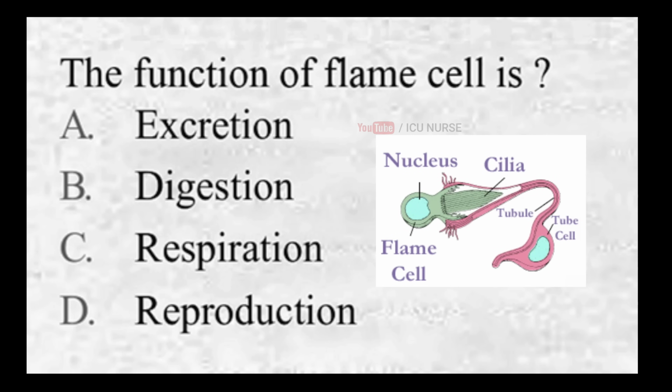The function of flame cell is: A. Excretion, B. Digestion, C. Respiration, D. Reproduction. And the correct answer is